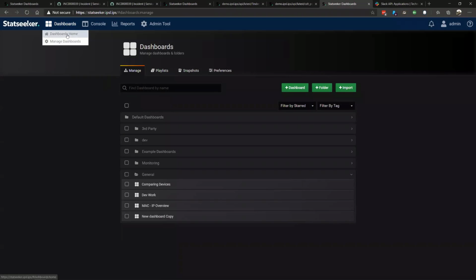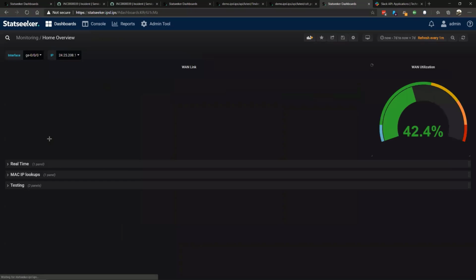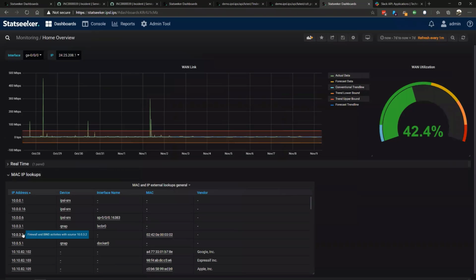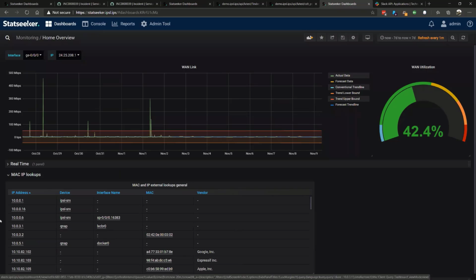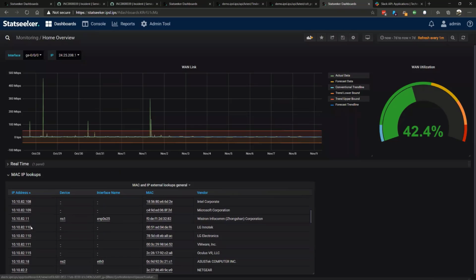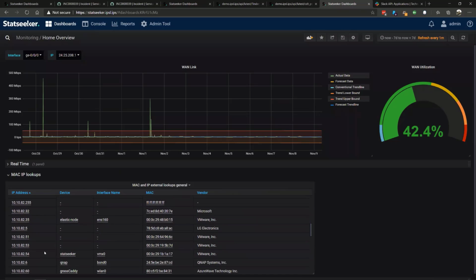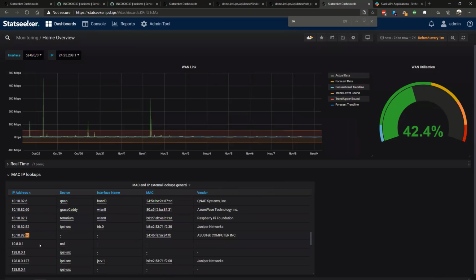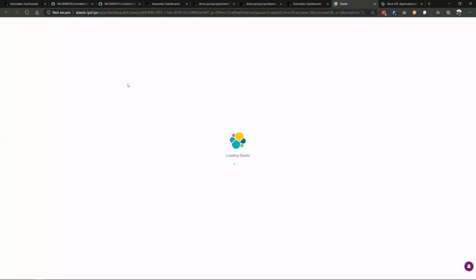Another example that I have, and this is my home network. If any of you use any other type of product where a URL has a lot of the information and it's getting transferred through the variables, you'll be able to tie that in to a table using external URLs. You'll notice here, this is my MAC IP tables. I'm looking for a specific IP address just because I know it's my home. There we go. So if I go ahead and click on this one,